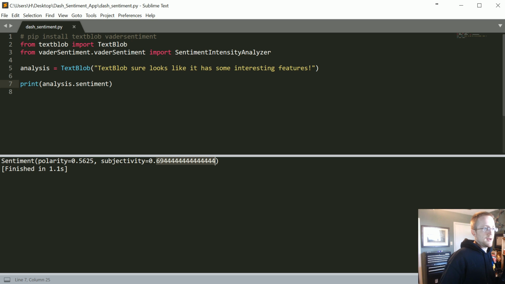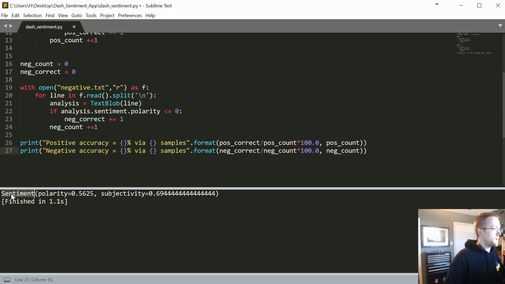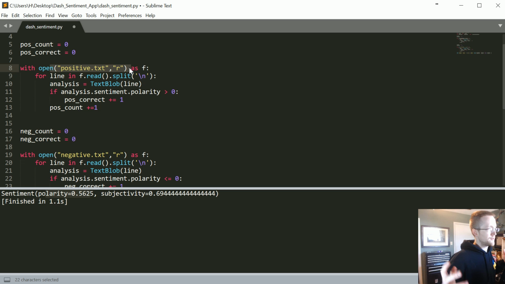So now what I want us to go ahead and do is we can test these things. The code that I've written to do that is very simple code. So I'm actually just going to copy it from the text-based tutorial. I don't really see any value in us writing this out. I'll just kind of explain it. So when we say analysis.sentiment, we see it produces this value, and then we can access these two attributes just using dot notation, basically. So we're saying dot polarity to reference this number. That's that sentiment number. Okay, and then all we're doing is we're just opening these files, reading through, and then